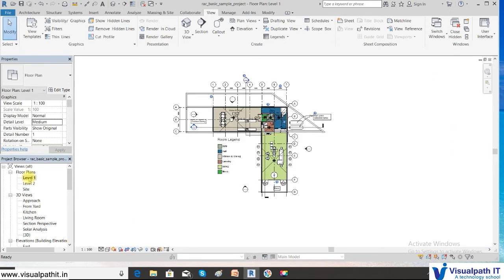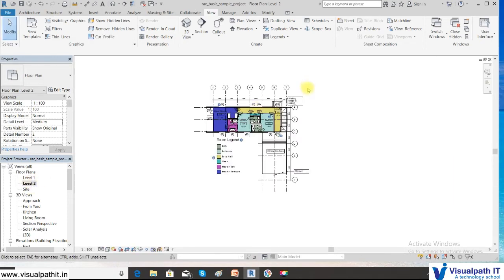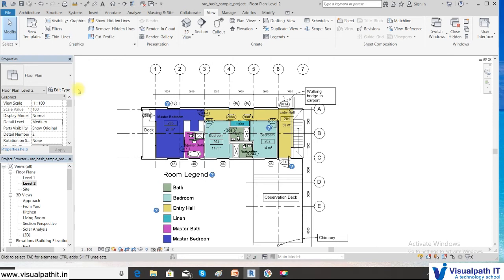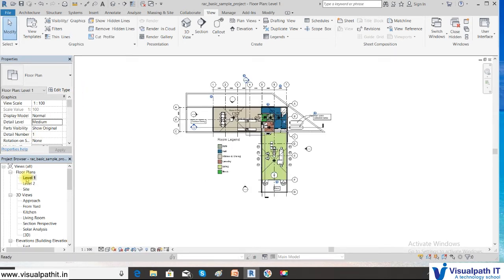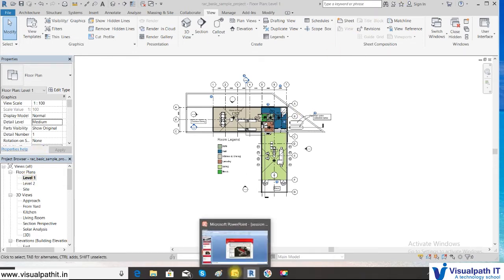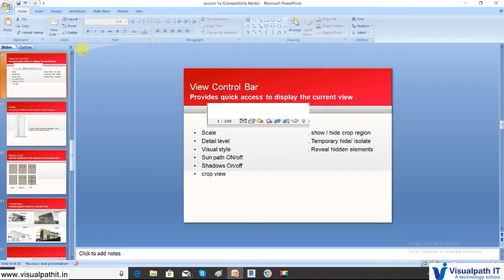That is the plan view currently. I'll be explaining level 1 and things later. So level 2, double click it. So automatically you go to the first floor plan. Okay. So this is how you have to use the project browser. Now let's again go to our PowerPoint where you will be able to see